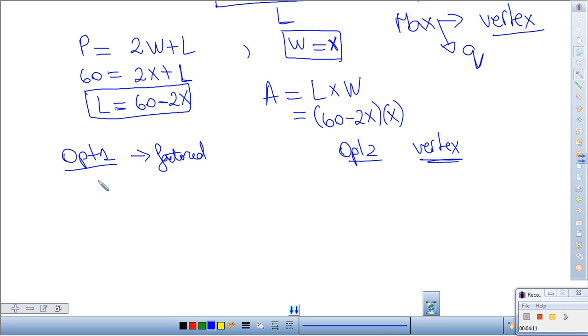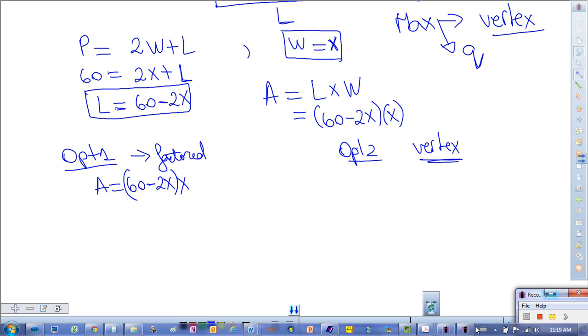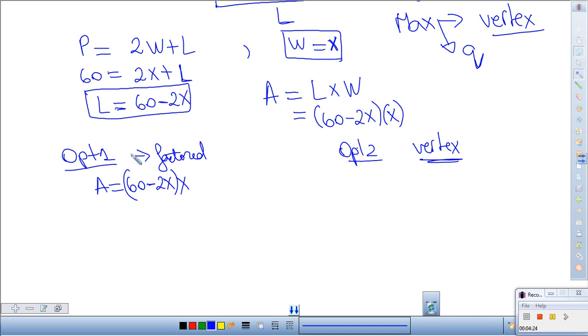Well, the area equals (60 minus 2x), everything times x. Now, the area looks already like it is in factored form. Let's figure out what the 2 x-intercepts of this function are. Well, one of them is going to be x equals 0. And for the other one, you have to set this bracket to 0 and extract the x,